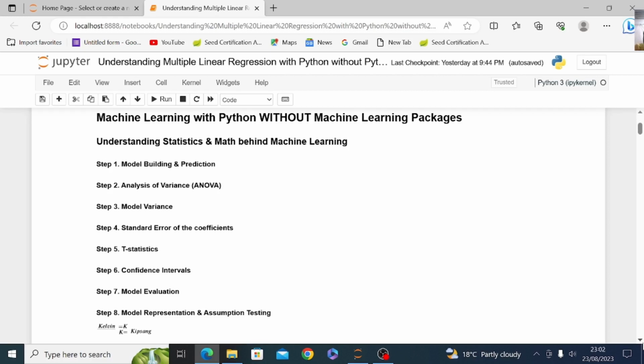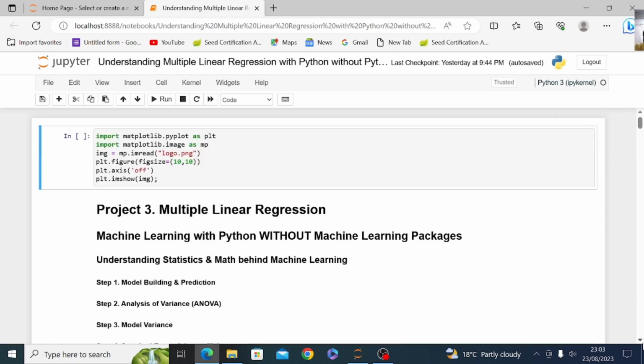Seventh is model evaluation, which includes R squared, adjusted R squared, mean square error, root mean square error, and mean absolute error. And the last step will be model representation and assumption testing such as homoscedasticity, normality, independence of errors, and all. Okay, now before we start, I'll just run this code, so I'll hit shift enter